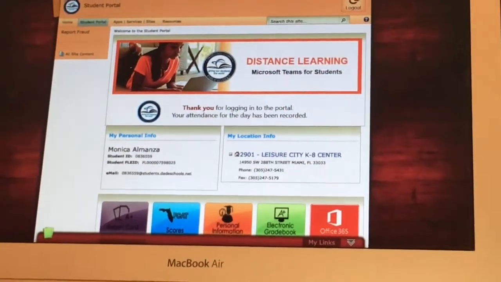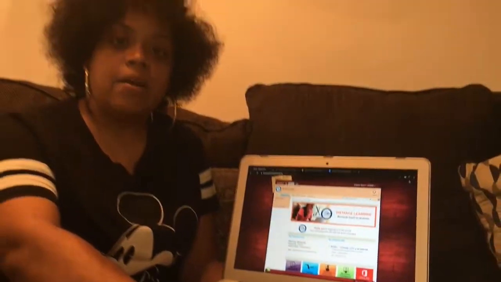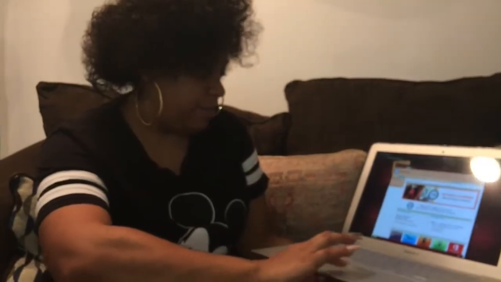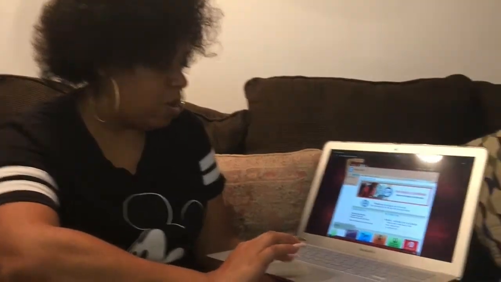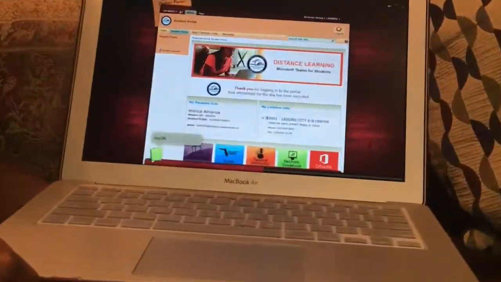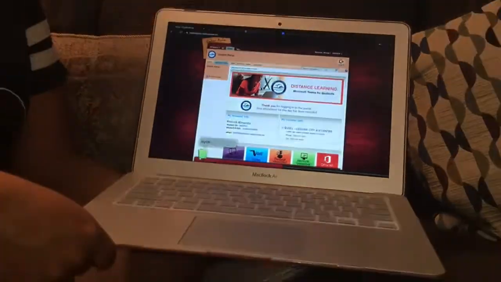Now, while you're in the portal, that means you are already logged in. But there's something else that I want you all to do while you're on here. This little app that is right here, this is called Myon. This is something that we will be using that I took a class in during our PDs, the workshops, on Thursday and Friday. It's going to be an application that your child can go on to read and listen to